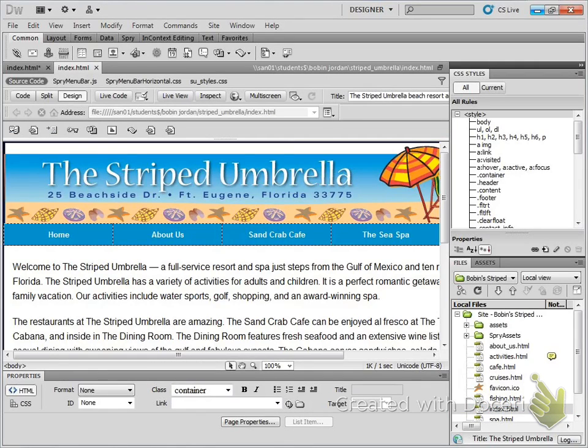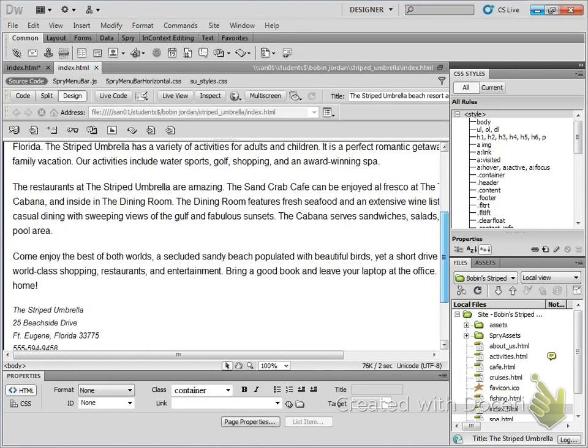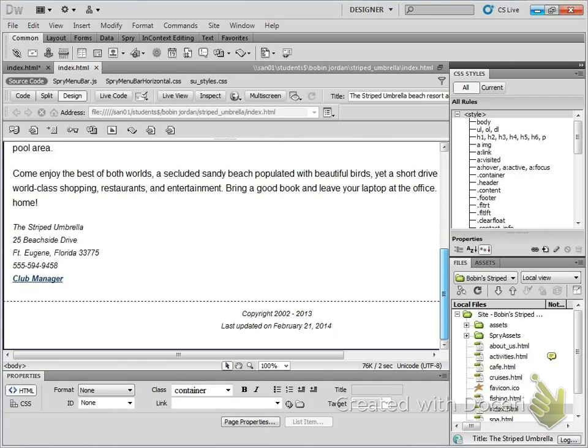This is a website version of Stripe Umbrella that looks a little different because this is from a student web 2. Okay? And in here on his website, you're going to see a link called Club Manager. If I click on this link, Club Manager, you're going to see that the link information is a little different. On the link information, you're gonna see this. It says on your book, step number